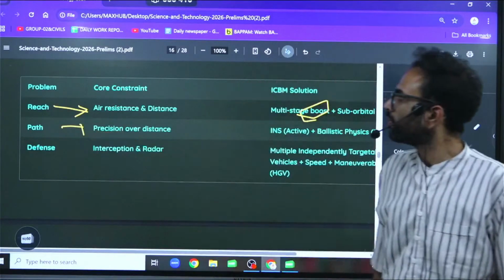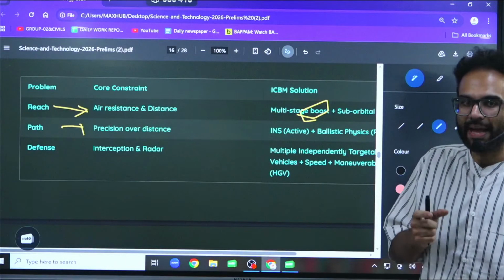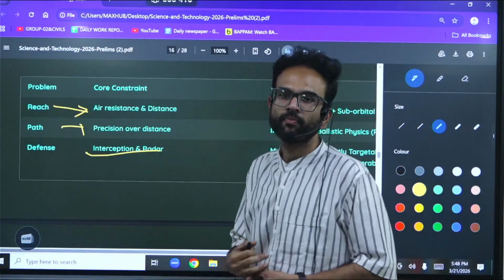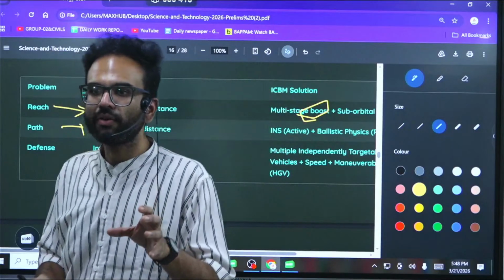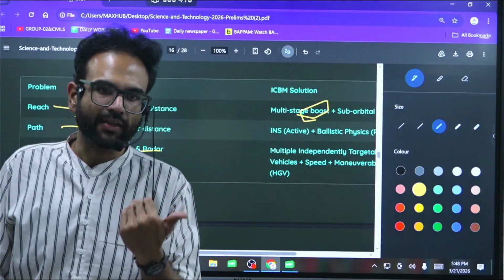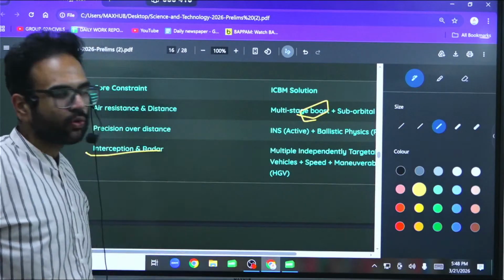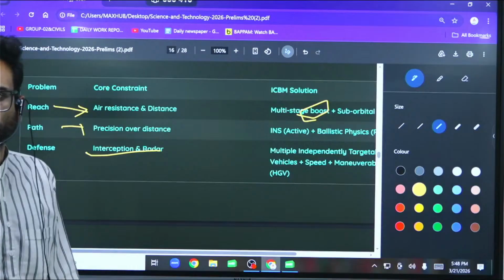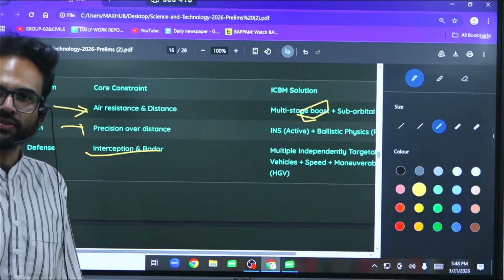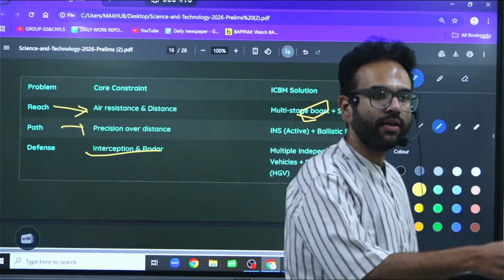Second is about the path. Here you are focusing on the precision part, because the ability to control is the edge. Then perception, radars. A missile system should also have radars to defend itself. If some target is coming in its way, another missile, it should change its path. So the ability to control and to attack in return gives it the edge. The futuristic technologies are the ones that will bring the lethality of a cruise missile to an ICBM.